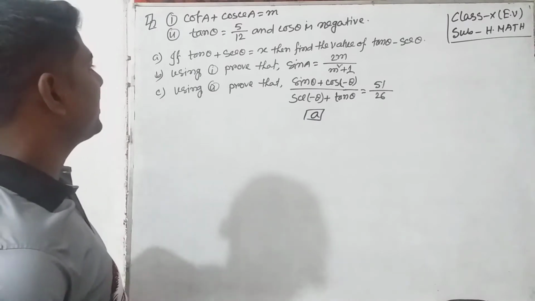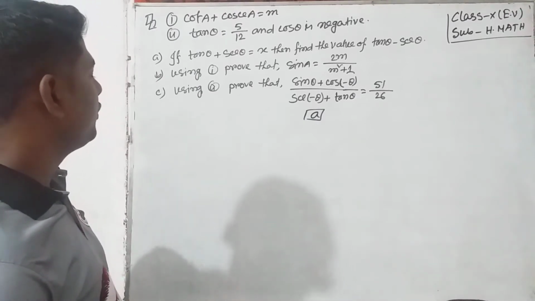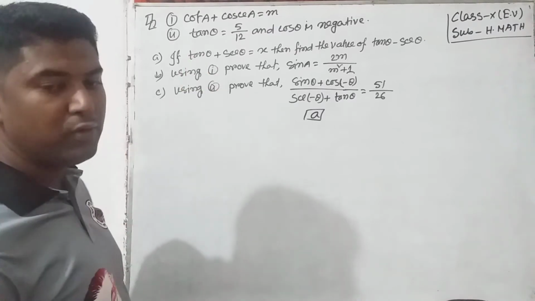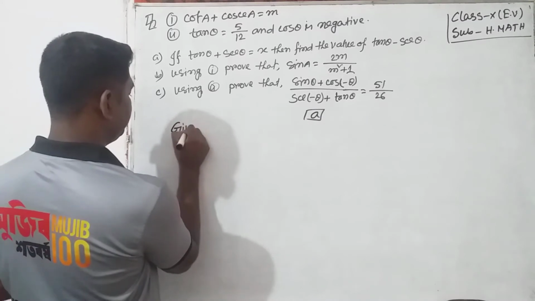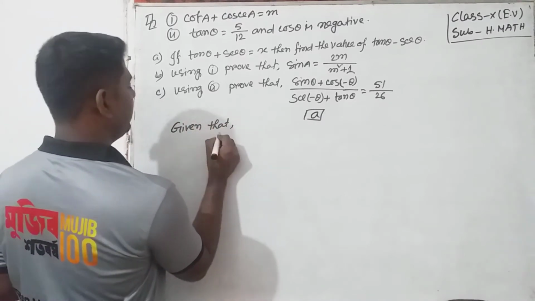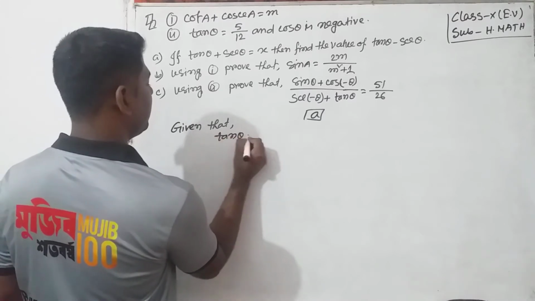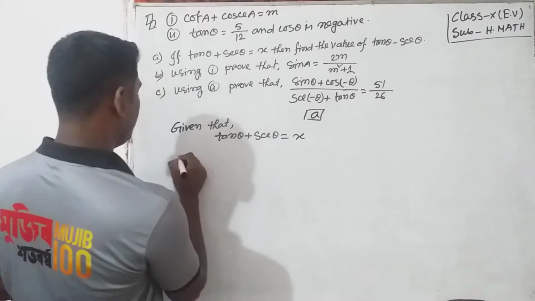Okay, my first question is, if tan theta plus sec theta equal x, then find the value of tan theta minus sec theta. So at first write down the given value: given that tan theta plus sec theta equal x. We know